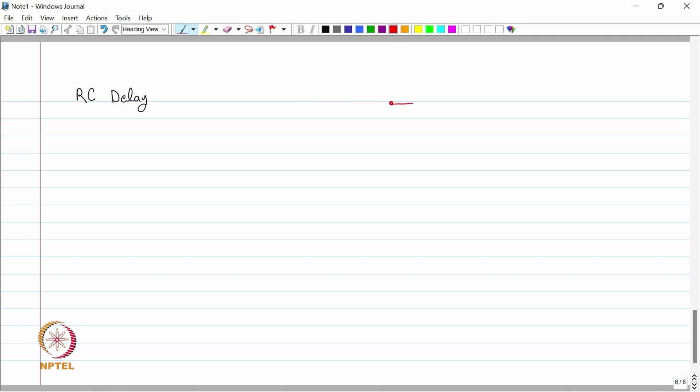We have an input node where we have a resistance connected to it which is R, and there is a node, this is the output node, this is V in, and we have this capacitance which is connected to ground, this is C. This is the simple RC delay model circuit, and we need to analyze the behavior of the RC delay of this circuit. So when we apply an input at the V in,